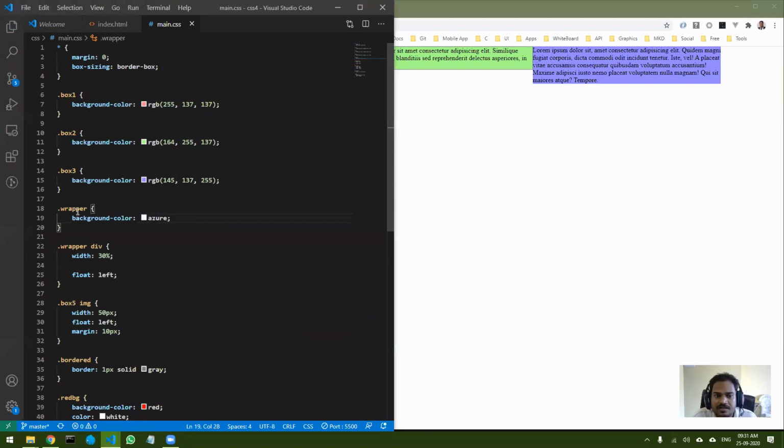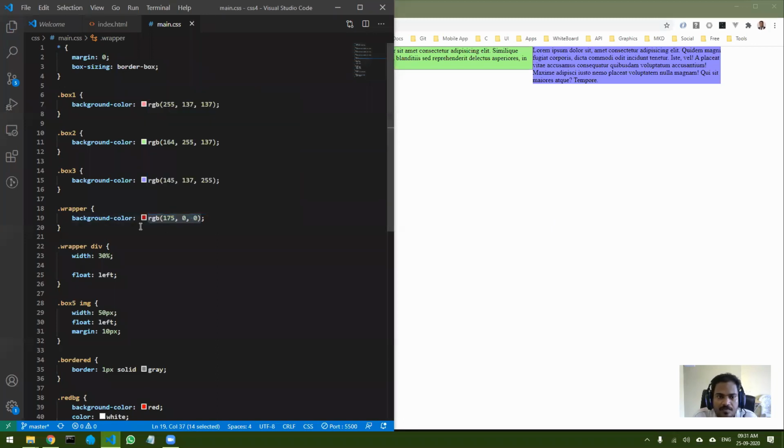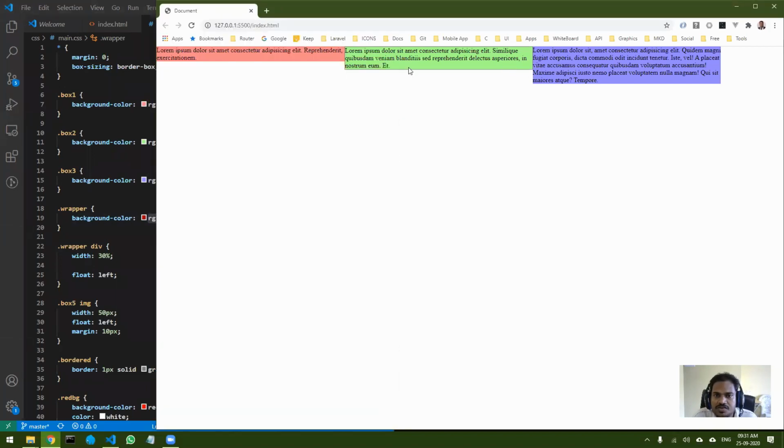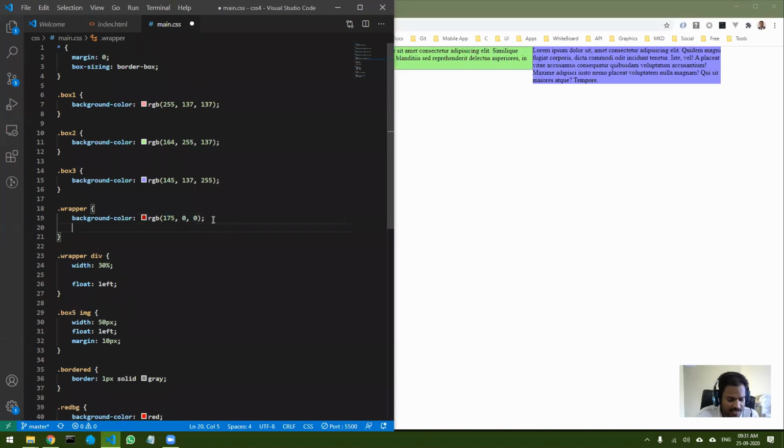Basically, it is behind it, so that's why we cannot see it. That is fine. If I want to actually see it, I can set a height of, let's say, 500 pixels and save it.